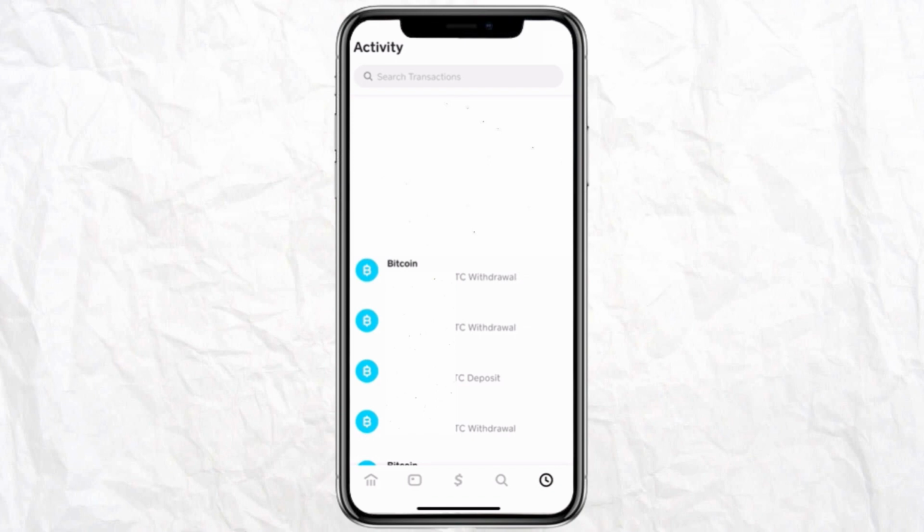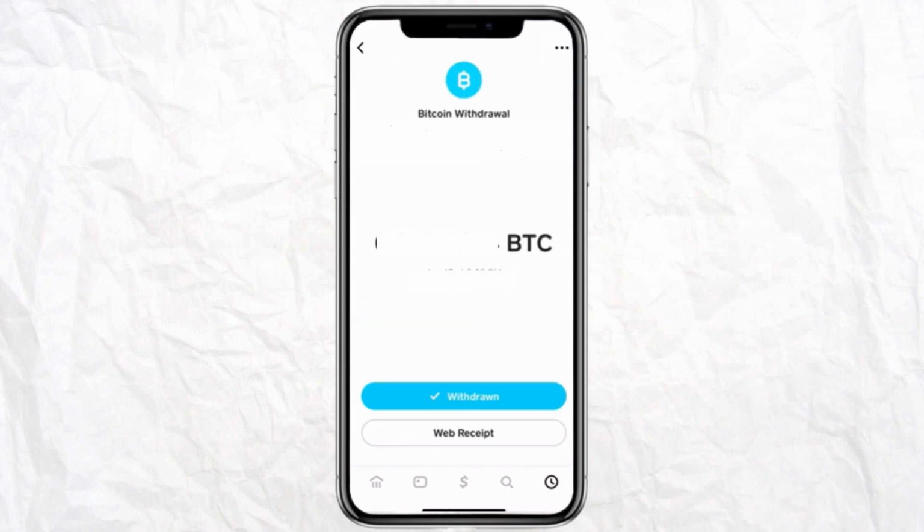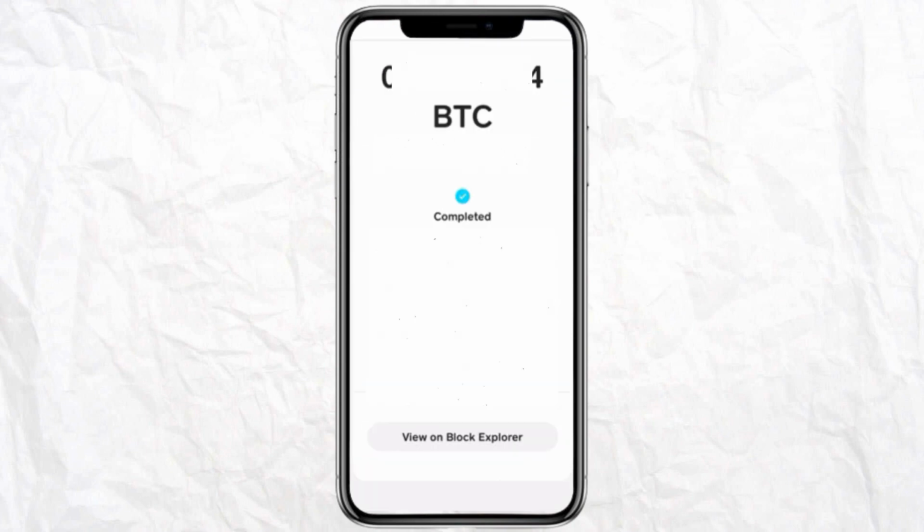So in order to find your transaction ID, you have to find a transaction which says a withdrawal on it. These are those transactions that you have done to some other Cashapp user which says withdrawal, and once you click on that particular withdrawal transaction, on the next page you can see the amount you have sent to the other person. And here on this page, just click on the web receipt, and here on the next page you can